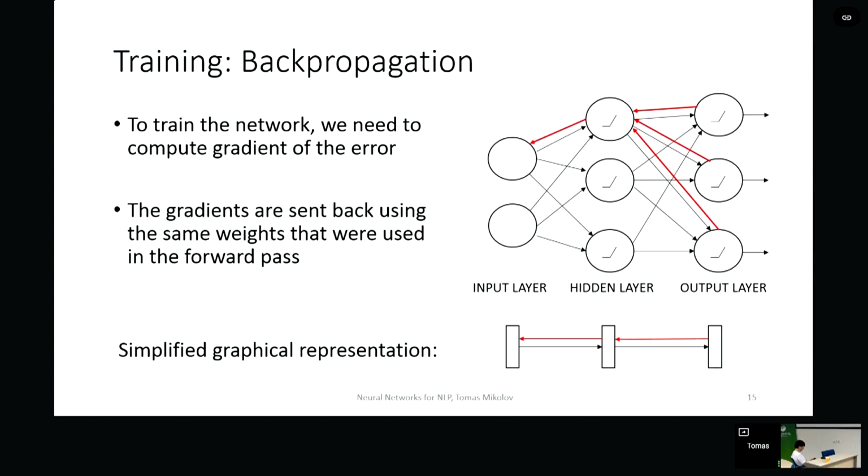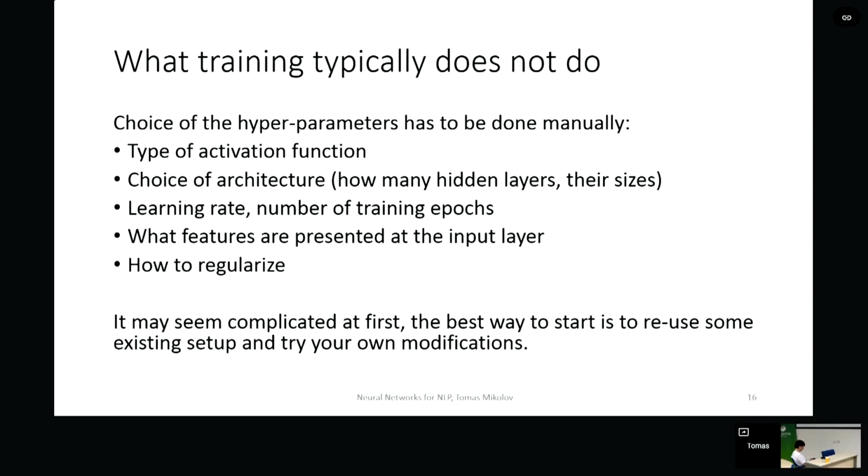We can also think of a simplified graphical representation that I have here at the bottom right, so that we would not need to draw all the neurons individually, but we can just say that there are these boxes that contain n neurons, and there are these feed-forward signals that are coming from left to right. That's the black arrows, and then the training goes just the opposite way, going from the output layer, propagating the gradients and updating the weights at the same time.